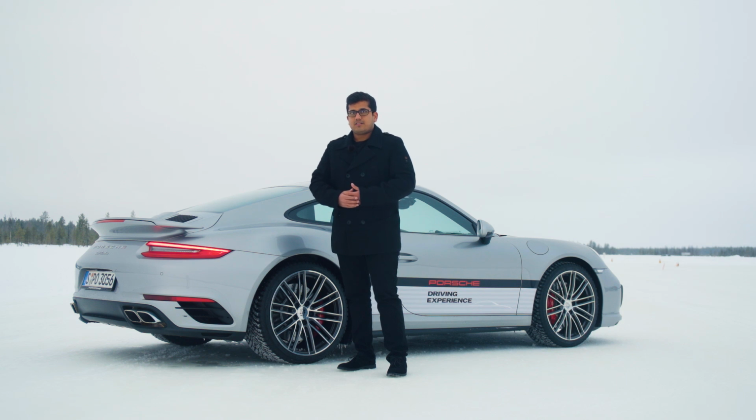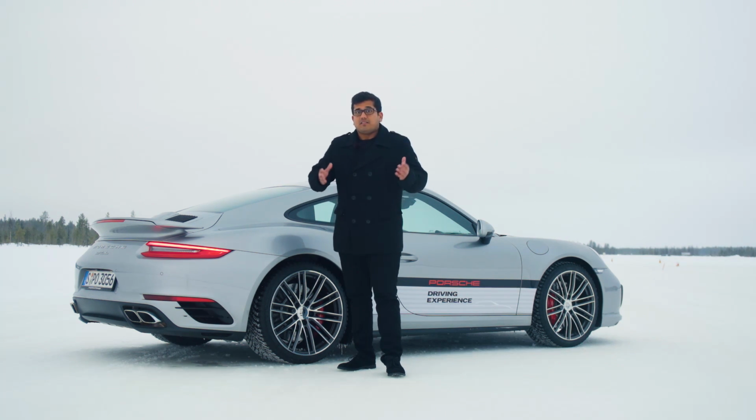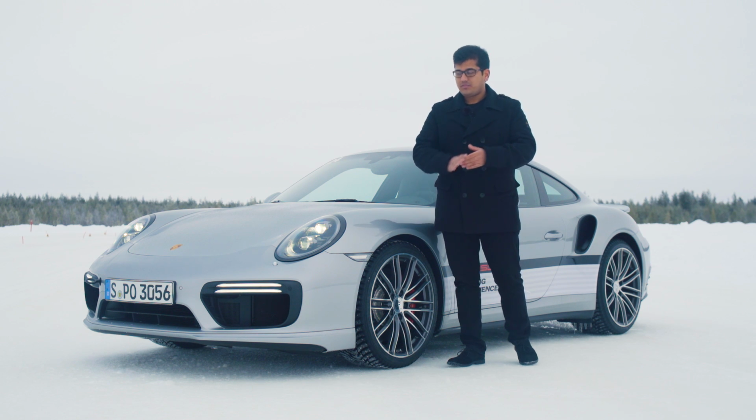Of course, in today's 911s, Porsche has mastered this kind of engine layout, and this car is so balanced and poised, and they have improved their suspension and chassis dynamics. And the truth is, no other sports car manufacturer even dares try to do this. But first, before you learn how to run, you have to learn how to walk. So before we get to